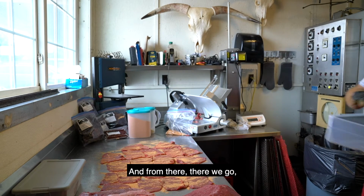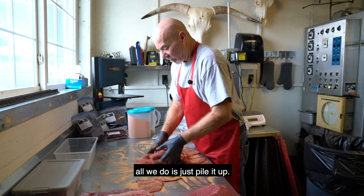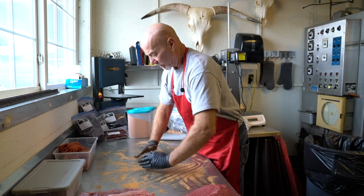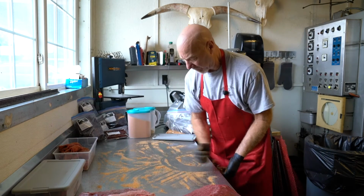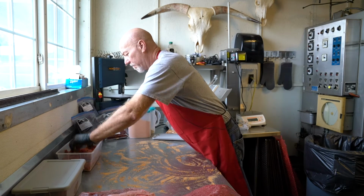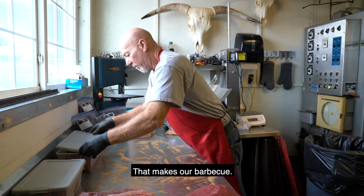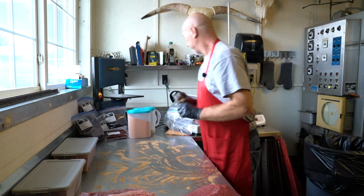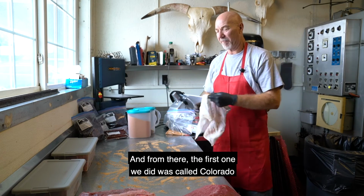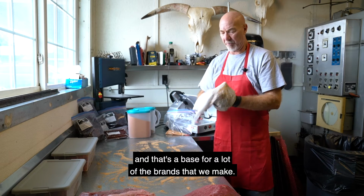And from there we go. All we do is just pile it up. In fact, just throw all that in there. And that makes our barbecue. And from there, the first one we did was called Colorado, and that's a base for